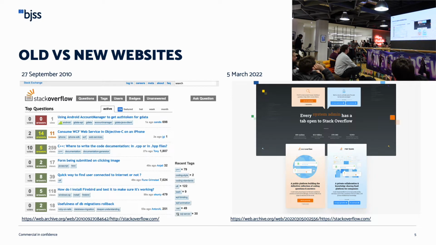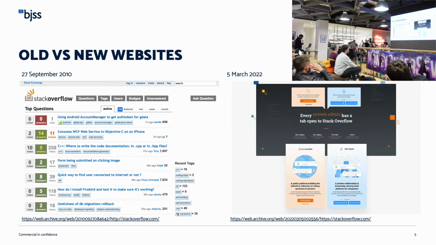I think the best way to illustrate the evolution of front-end development is to start off with a visual example of a front-end. Almost every engineer here will recognise the Stack Overflow website. On the left is the Stack Overflow website from 2010. But first, let me set the scene. I want you to cast your minds back to 2010, and to help you,